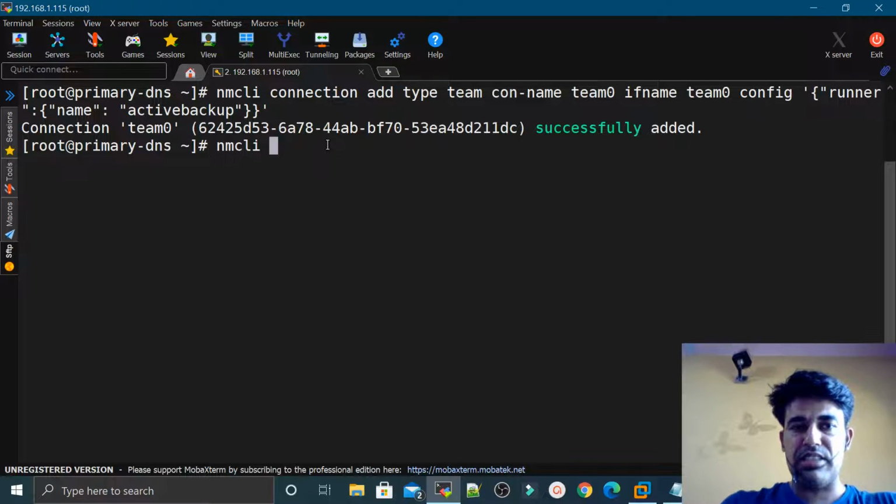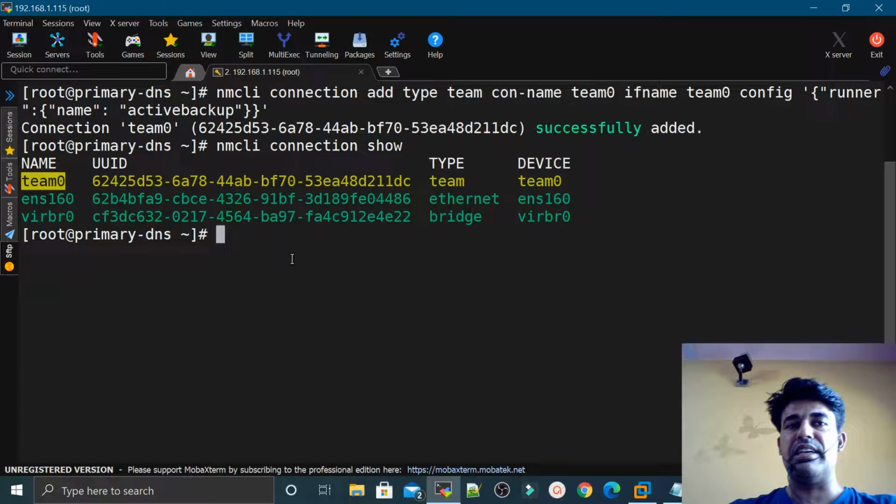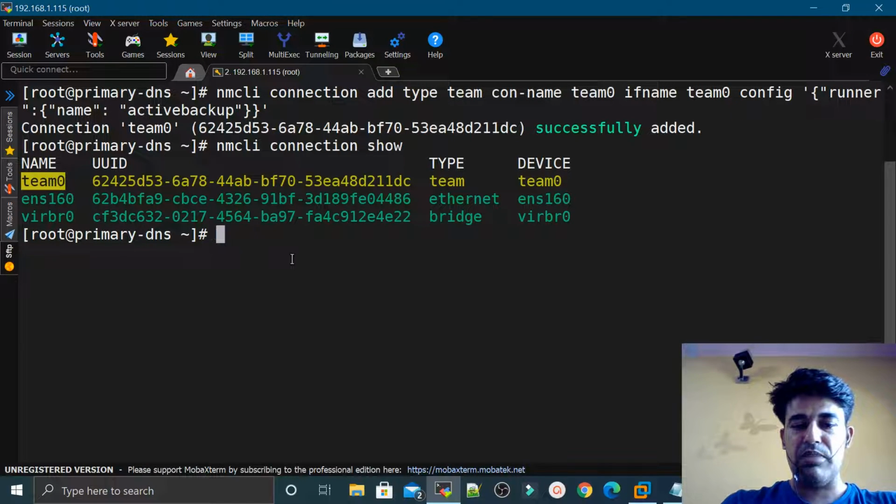Now we will again execute the nmcli connection show command, which will display the connection that we have added, that is team0. Now we will define the IP address, the gateway and the other details for this connection. So we will use the nmcli command again,